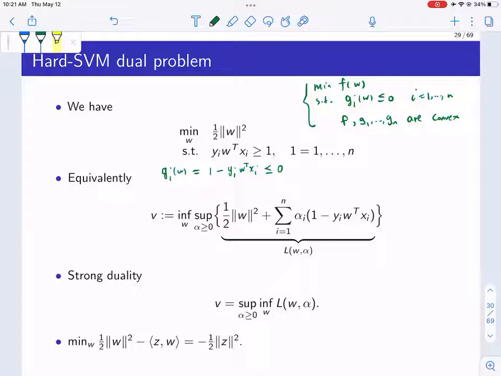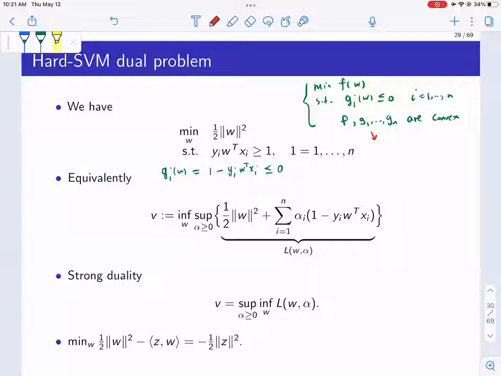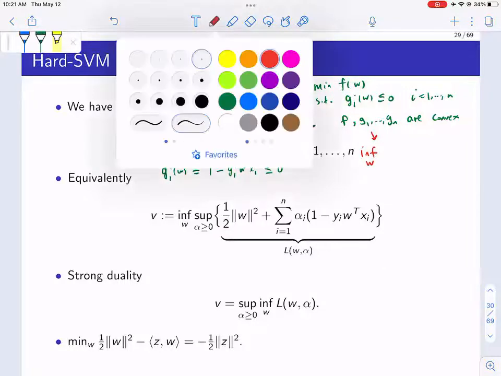What you do then is form the Lagrangian. The way to see this is that I can write this as inf over W, and then